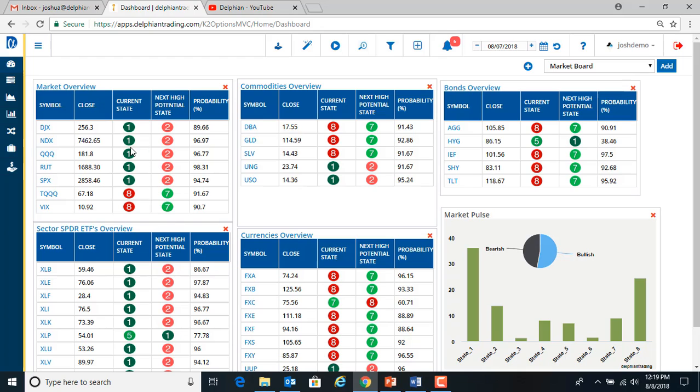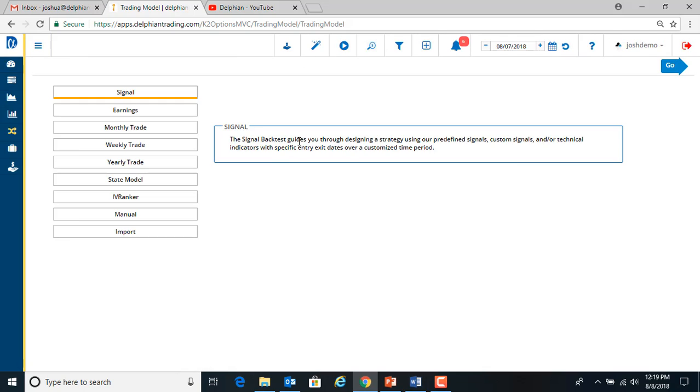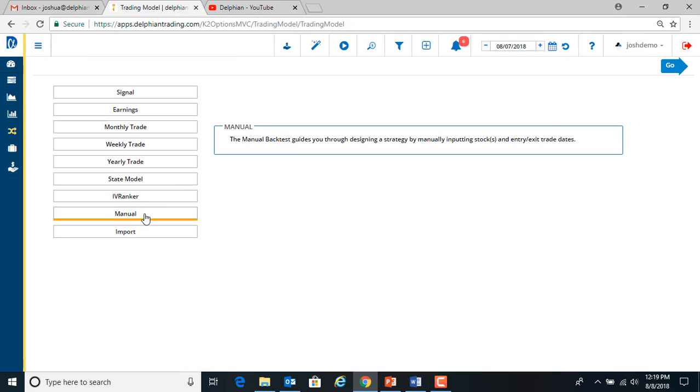So we do this in the wizard called manual. To get there, you can open up the left-hand menu, go to back test, and then click wizards, or you can do the quick link wizards. So you see the manual down here. So you can design a strategy by manually inputting stocks and entry exit dates. So if we click go,